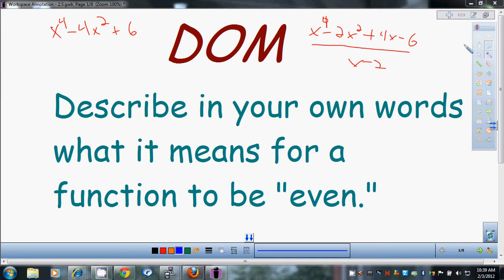Functions that are symmetrical around the y-axis, and that'll help you know that for every intercept on the right-hand side, there will also be one on the left-hand side. Okay, today,